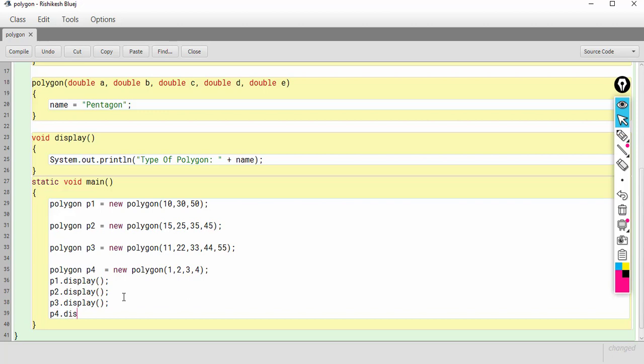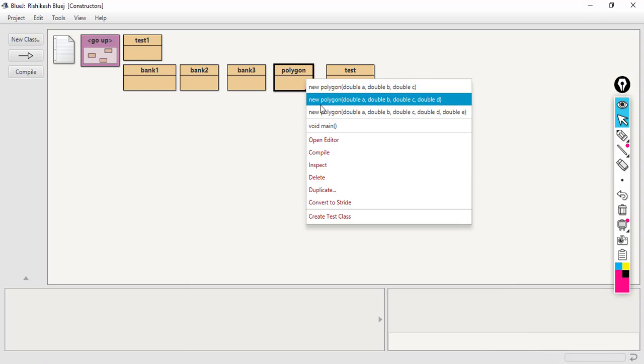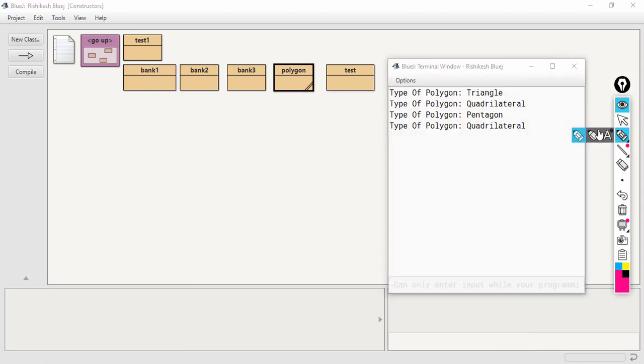So what will happen? You can see P1 is a triangle, P2 is a quadrilateral, P3 is a pentagon, and P4 is a quadrilateral because we provided 4 arguments. So I hope you have understood the concept of constructor overloading.